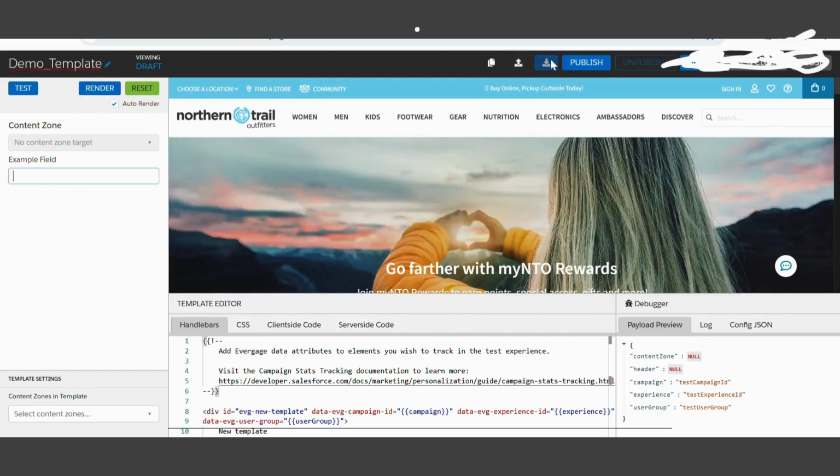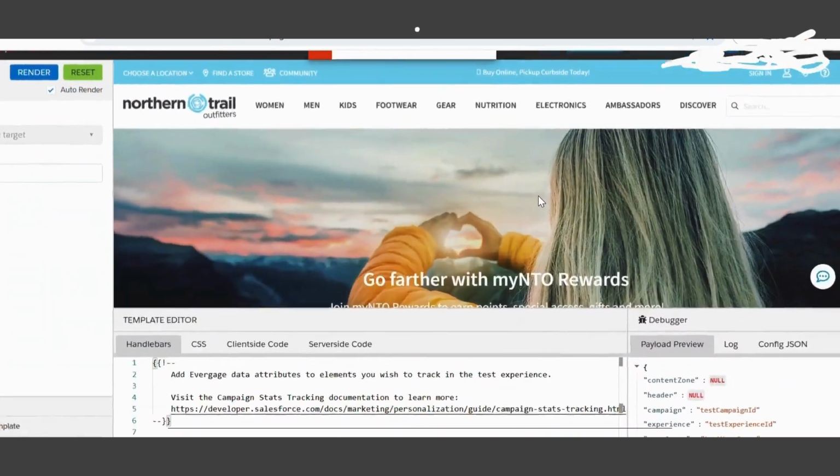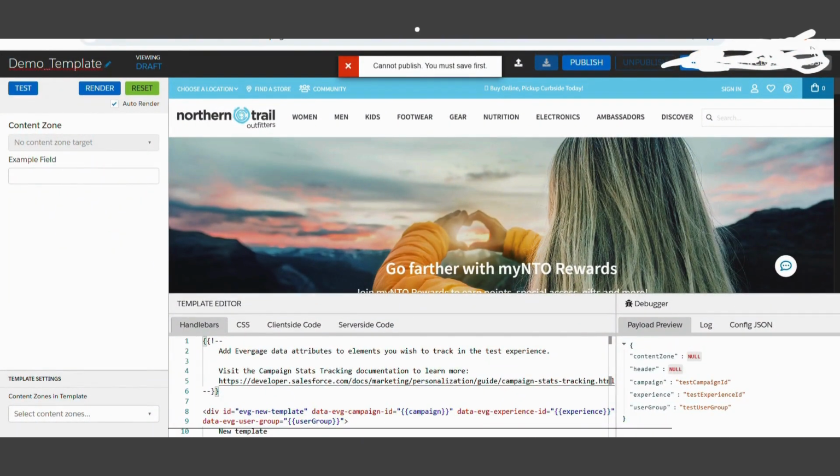The first step is to define a layout. Start by outlining the structure of the template, identifying sections like headers, footers, navigation, and content blocks. You can sketch this out or use a design tool to visualize the layout. Then set up dynamic placeholders, integrate with personalization tools, design and style, test your template, and deploy and reuse. Basically, after all the steps are completed, we can publish our template.